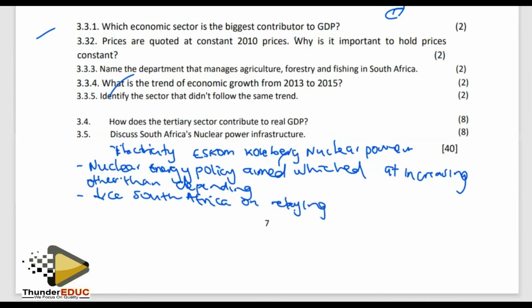If it over relies on coal, then it's going to be a problem of failure to supply energy as needed countrywide. So you're going to find out that the long-term vision of the nuclear energy policy